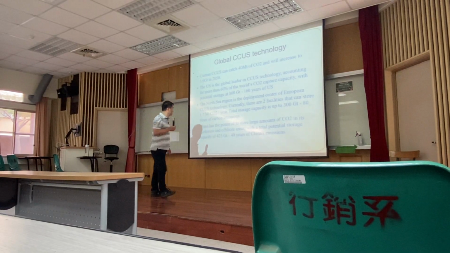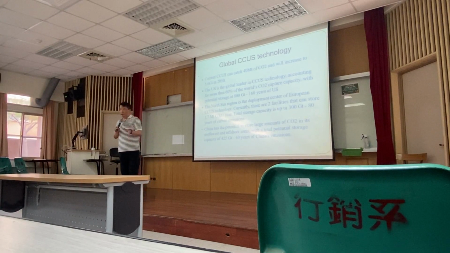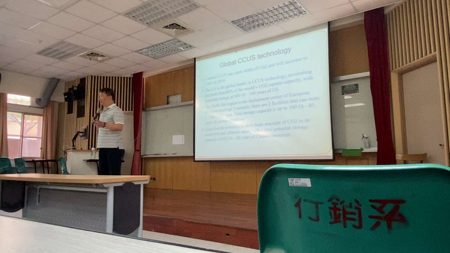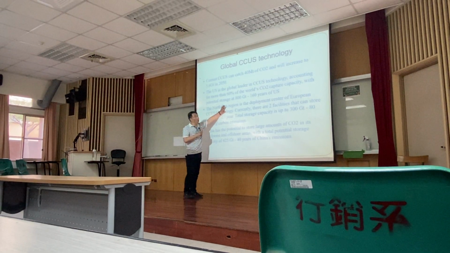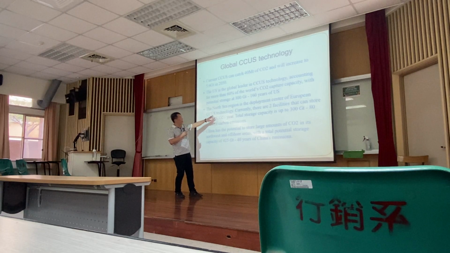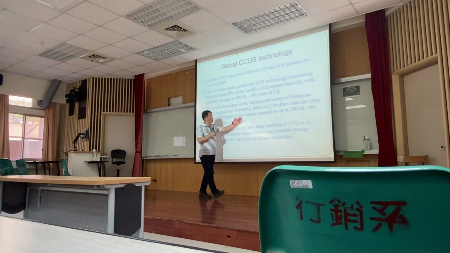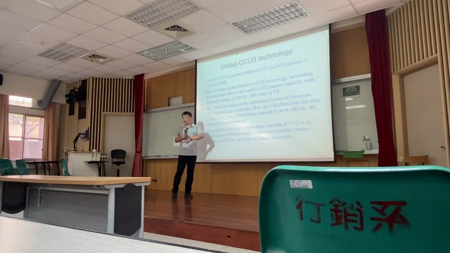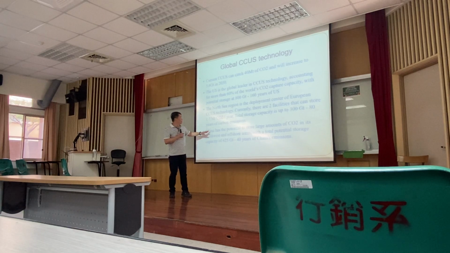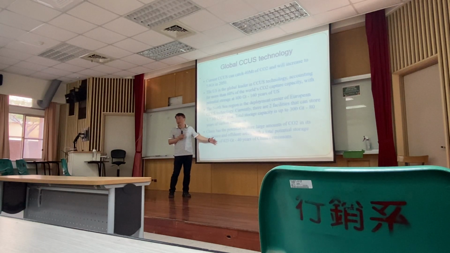So actually, for the storage, a lot of countries, when they produce a lot of oil on the ground, the same place can be used to store the carbon dioxide. And also the North Sea is in Europe, okay? They are also developing a lot of CCUS technology, and their storage capacity is up to 300 gigaton. So, you know, United States, Europe, and of course also China has a lot of places to store it.